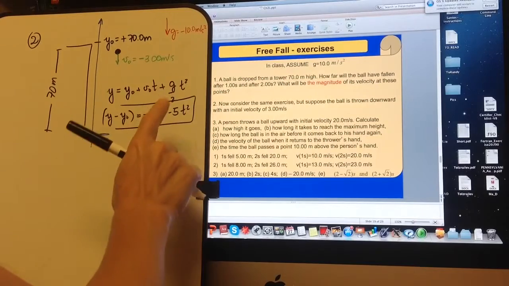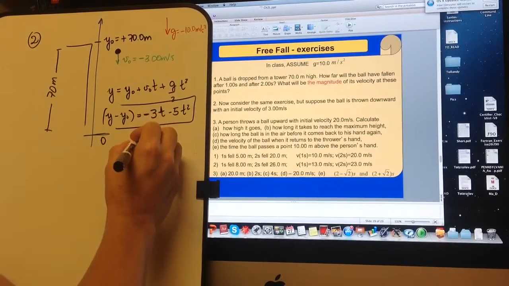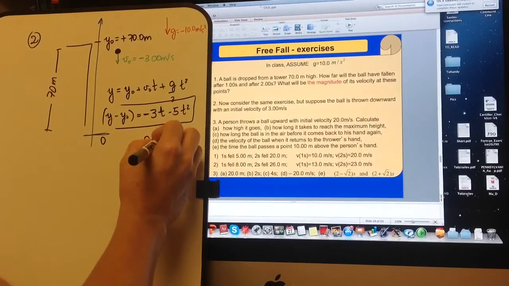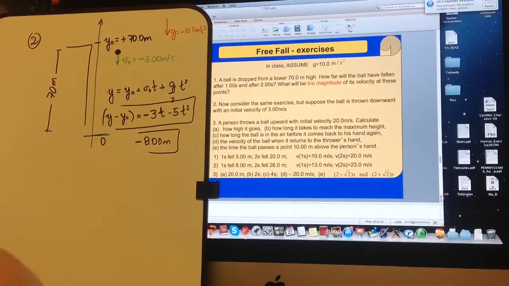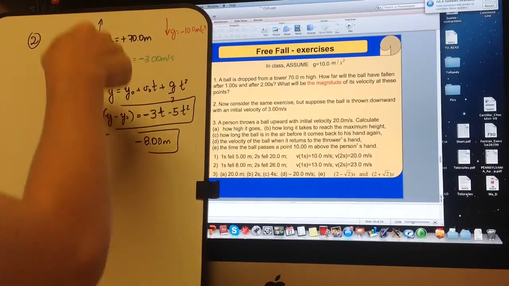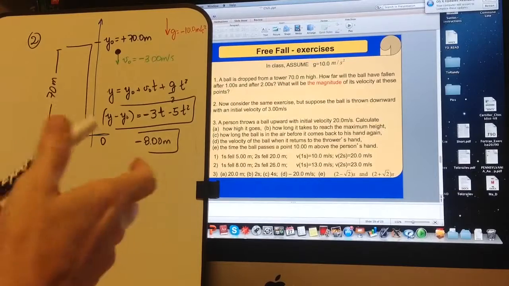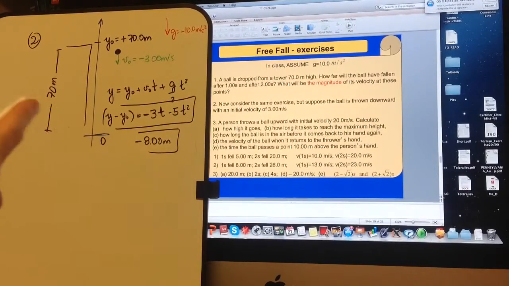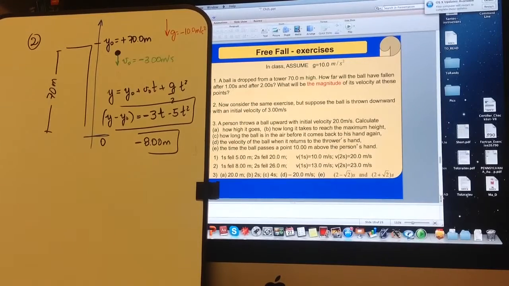Once I put 1 second, I'll get 3 and 5, so I'll get minus 8 meters. So the magnitude is still the same. How much did I travel? 8. My displacement was negative because it's opposite to my choice of reference frame. Okay, but the problem was not so interested in knowing directions. No, it was interested in knowing how much I travel, what is the magnitude of the velocity. So the sign was not even that important.